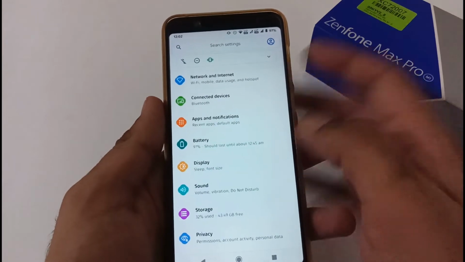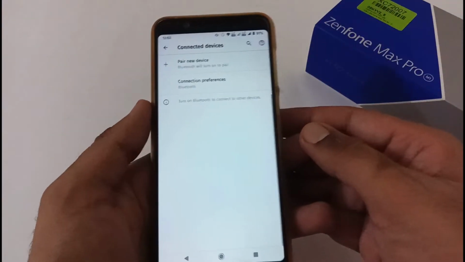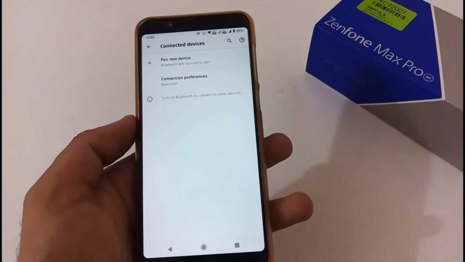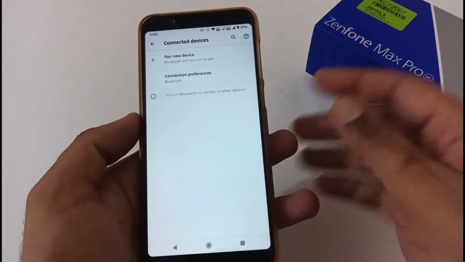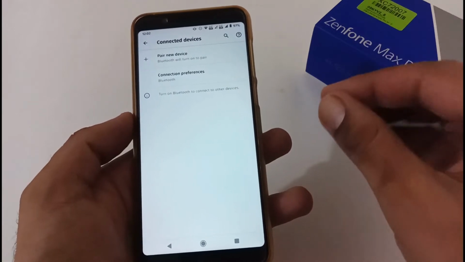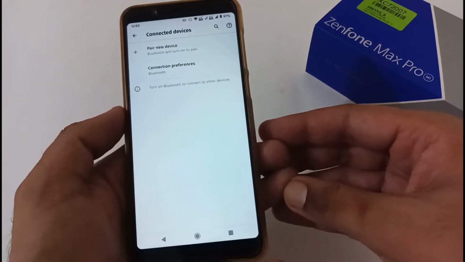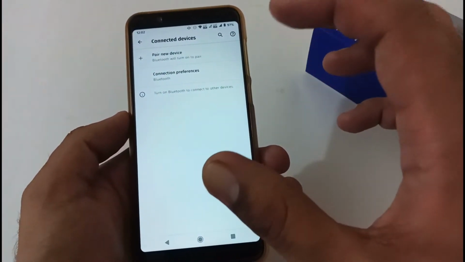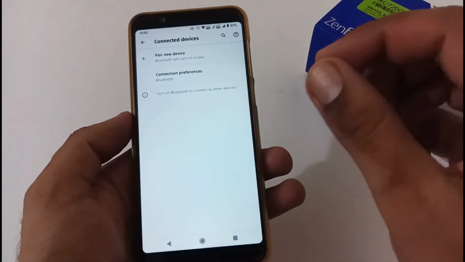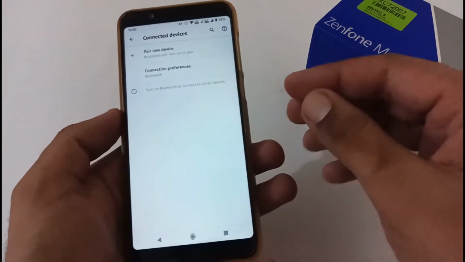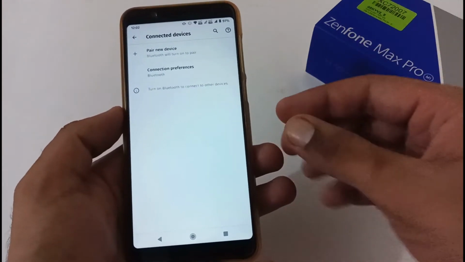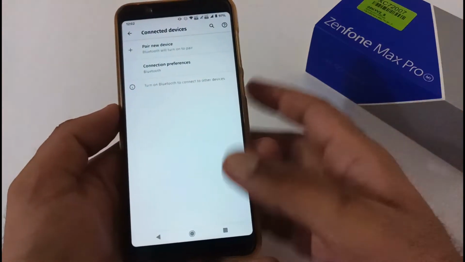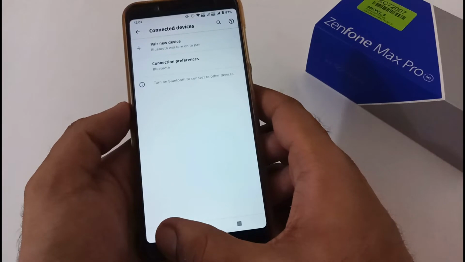Now let's move to the connected devices. In connected devices, I usually analyze two things. One is Bluetooth and another is screencasting. Bluetooth is working absolutely fine just for file transfer. I was unable to use it for Bluetooth audio devices. It was always giving me an error on my screen that the Bluetooth app is closing or crashing and so on. But apart from this, screencasting is working absolutely fine on the very first instance, and I have tested this on 2 to 3 different laptops, and it is working out of the box without any glitch.